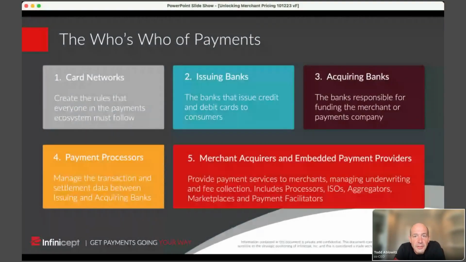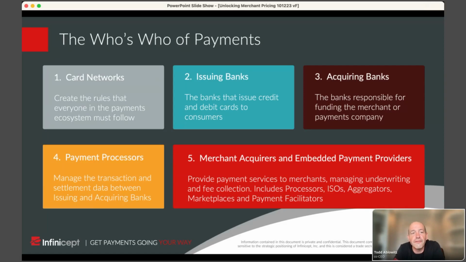So these are the components, or the people and companies, that are involved in payments. Some of these, and I'll get into those, have lots of different names, and you'll hear a lot of terms thrown around. The card networks: Visa, MasterCard, American Express, Discover. For non-bank cards or for certain types of debit cards, you've got a bunch of other networks like Star and Interlink. And then, of course, there are alternative payment types, which are not in scope here.